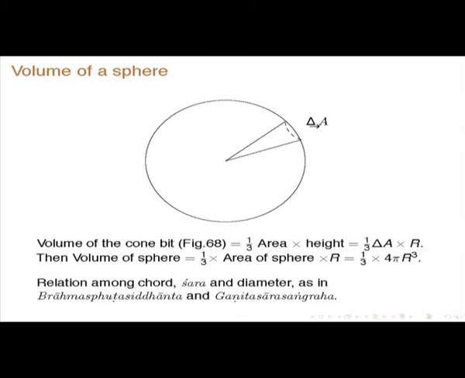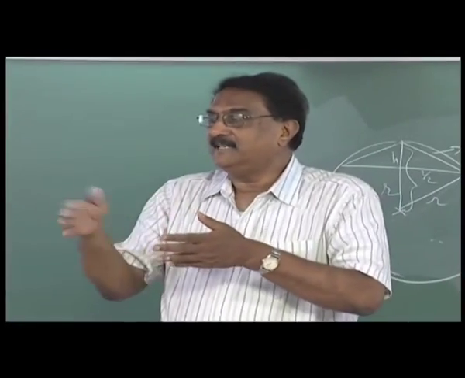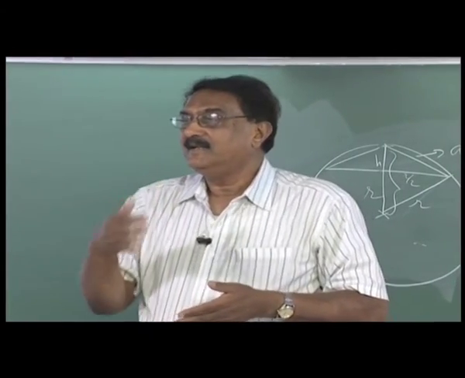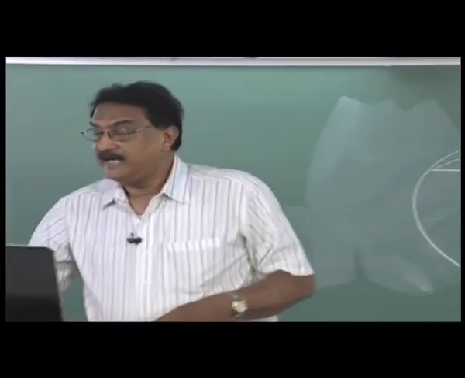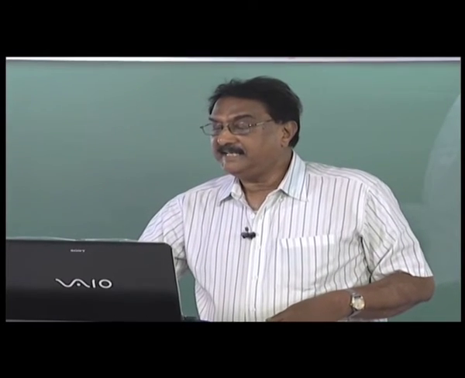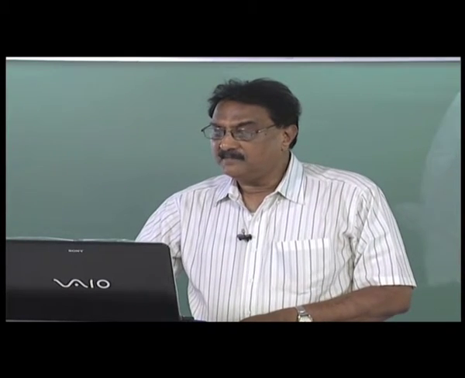And the volume of the sphere also is very interesting. So, you can take it as if it is made up of various cones. Suppose you consider some cone with delta A as the area, and the volume of the cone bit, you see that it is tapering, and we know that when there is a volume which is tapering, the volume is 1/3 the base area into height, right. This has been told, and the base area is delta A and the height is r only, the radius, that is all. So, 1/3 delta A into r.